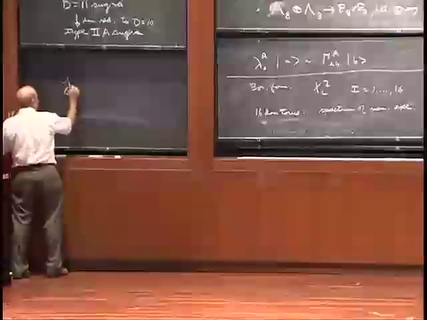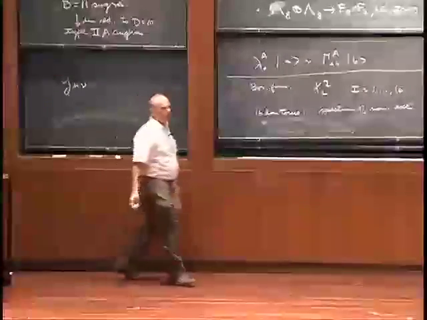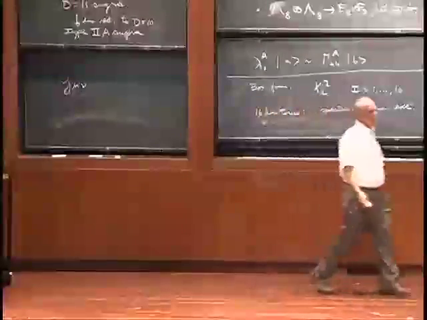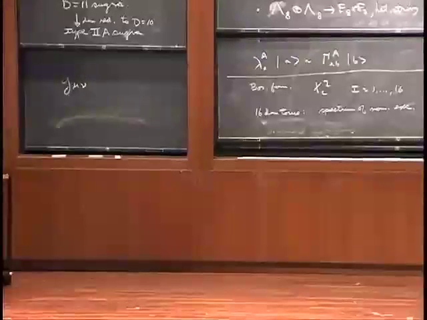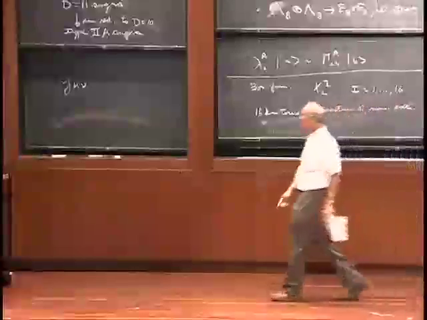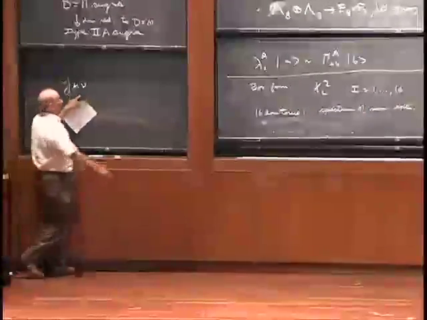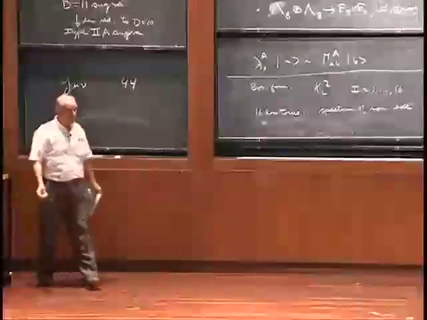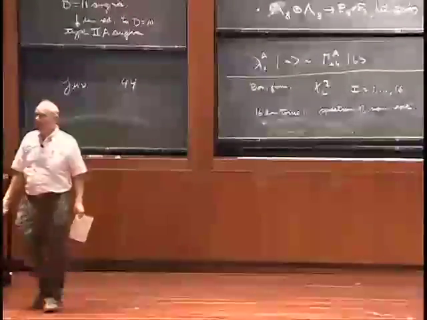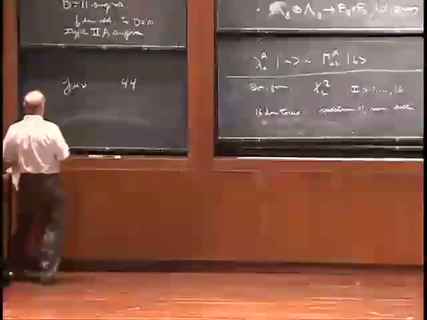So you have the graviton in 11 dimensions. Massless fields in d dimensions are classified by representations of the little group, which is spin of d minus 2. So in this case, spin of 9. And this is a symmetric traceless representation of spin 9, which has a 44-dimensional representation. So a graviton in 11 dimensions has 44 different polarizations.